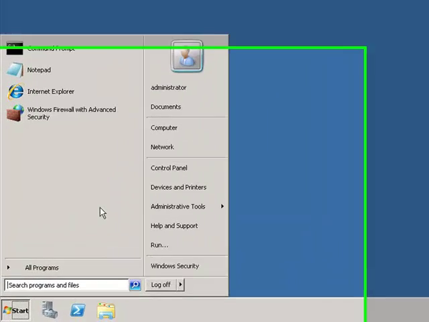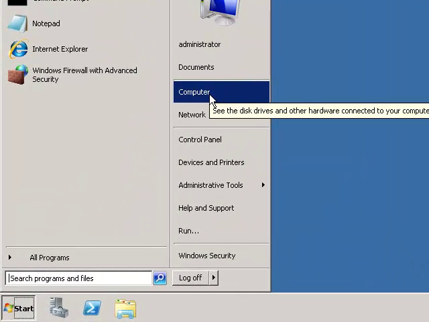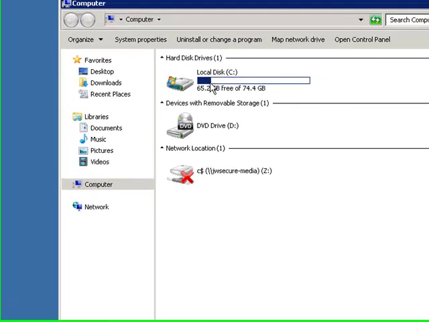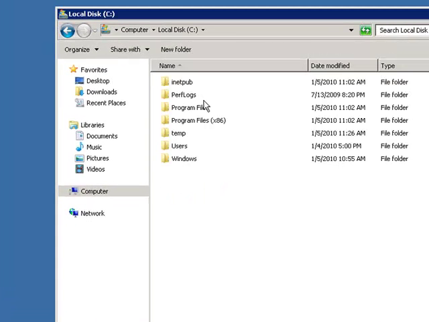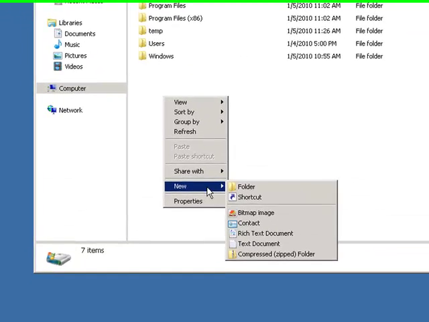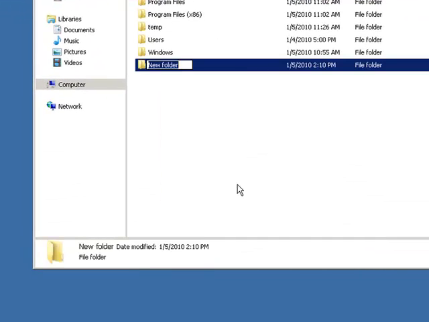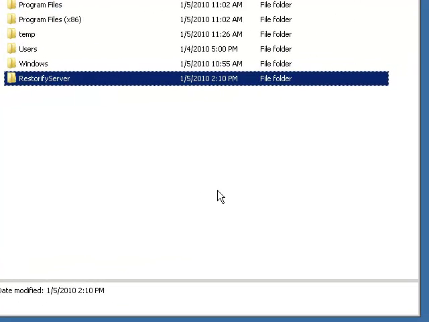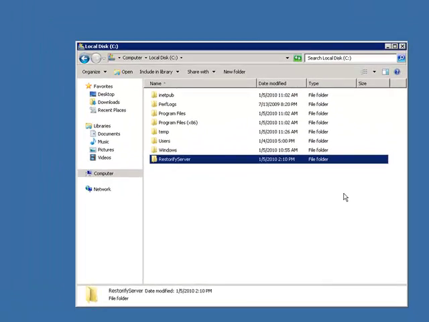Click the Start button, click on Computer, click on the drive you'd like to use, right-click, New, Folder, Restorify Server. To create the user accounts for Restorify Client, I'll close this window,